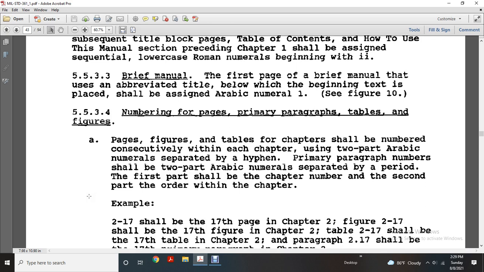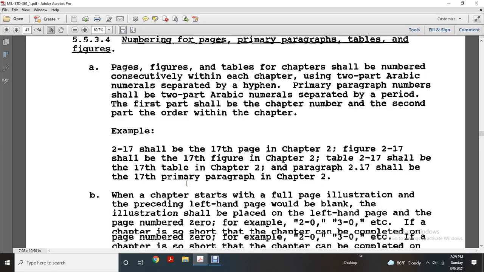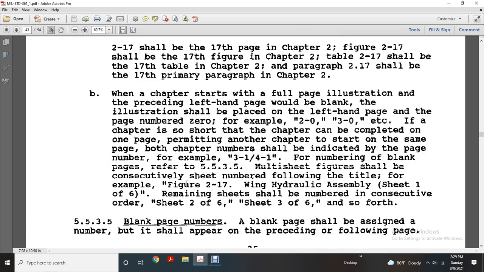Numbering of pages, primary paragraphs, tables, and figures: the pages of the chapter will be numbered consecutively within the chapter, using a two-part Arabic numeral separated by a hyphen. Primary paragraphs shall be numbered with a two-part Arabic numeral separated by a period. The first part shall be the chapter number and the second part the order within the chapter. For example: